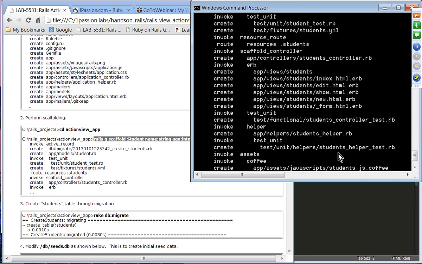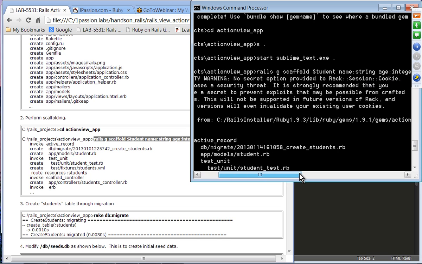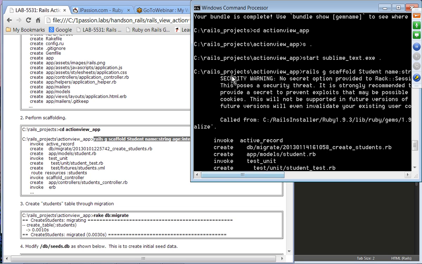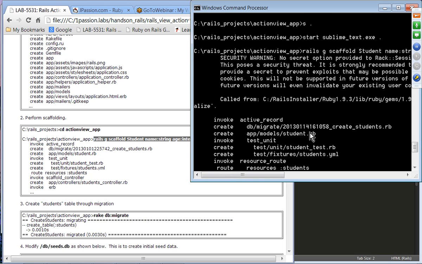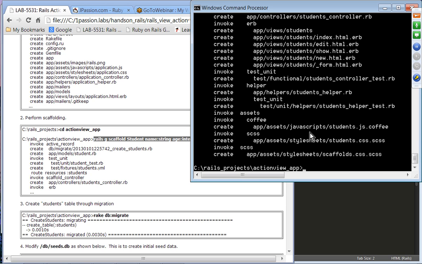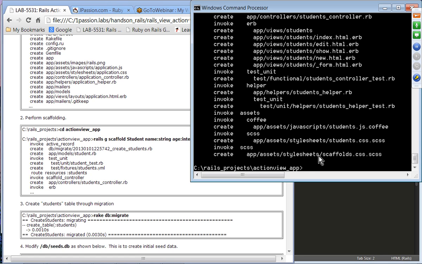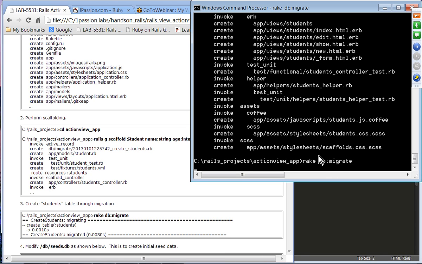the students table file. By the way, I'm using right now the latest version of Rails, and you might in fact see the security warning, the no secret option provided for rack session and things like that. This is benign, so don't worry about it. It is in fact one of the bugs introduced in the latest version of Rails, unfortunately, but it's benign. All right, so then I'm going to create the students table by rake db:migrate. So the students table should be created,